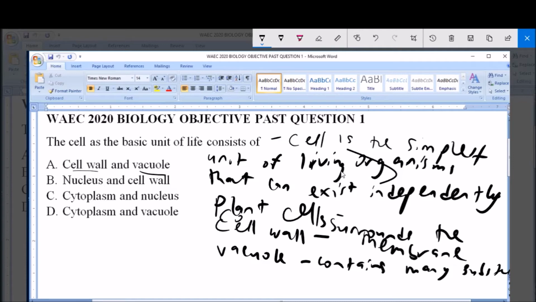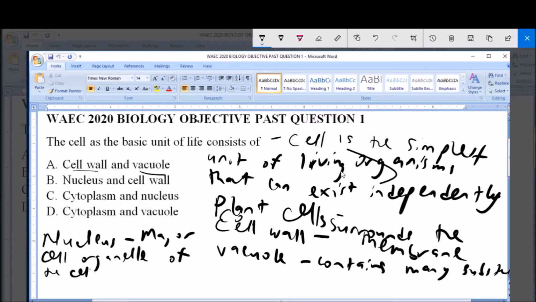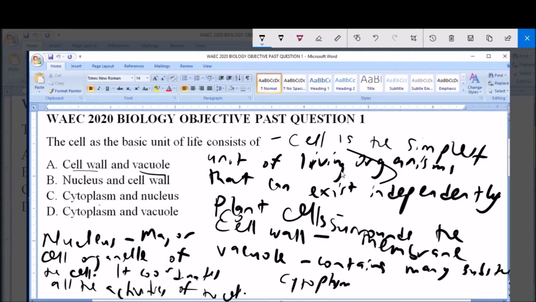Now, the nucleus is the major cell organelle of the cell. It coordinates all the activities of the cell. And then lastly, the last item that we've not talked of is